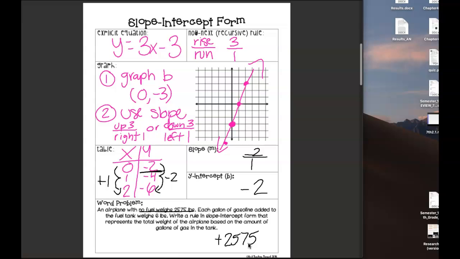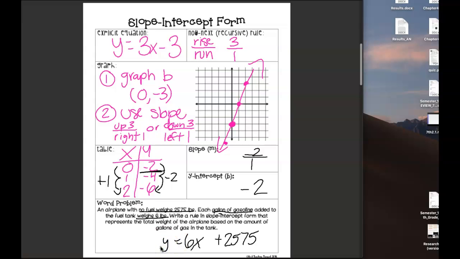Yeah, because it says 6 pounds for each gallon of gas, right? So if I add 1 gallon of gas, I'm going to add 6 pounds. If I add 2 gallons of gas, that's my rate of change. So I'm going to have 6 times x, where x represents the number of gallons, and that's going to give me my total